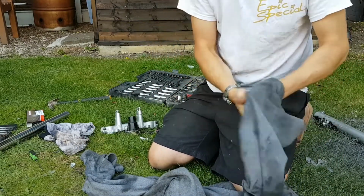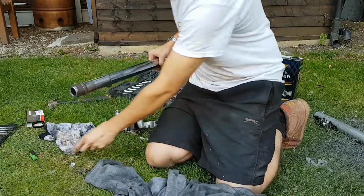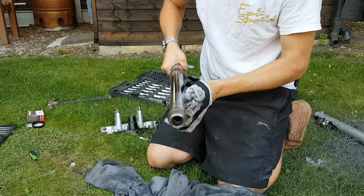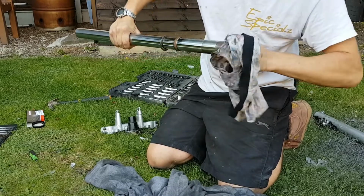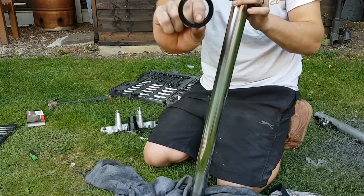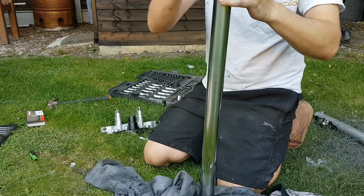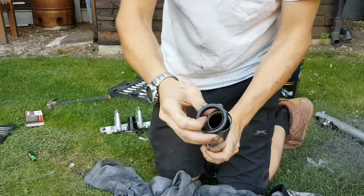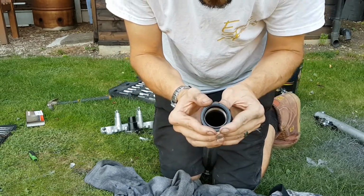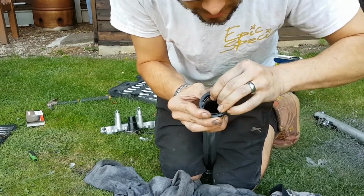Alright. So, now let's put it all back together with a new seal. Let's clean the bottom of that off. So, get your nice shiny new seal. Make sure that washer's on there first. Carefully slip your new seal over the top, because that's quite a sharp edge. So if you put it down on one side first and push it over, then very carefully just ease the lip of the seal